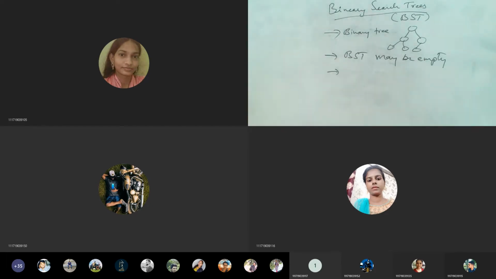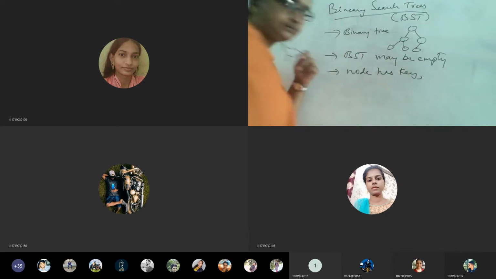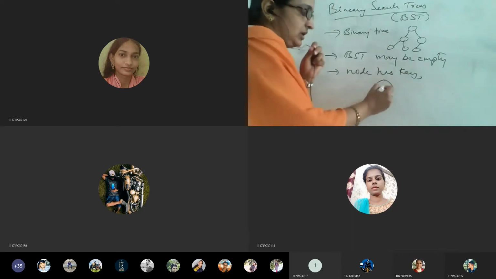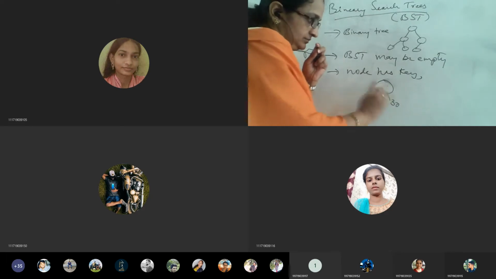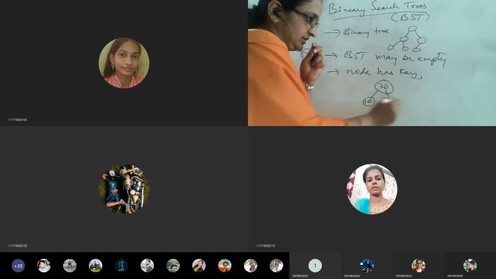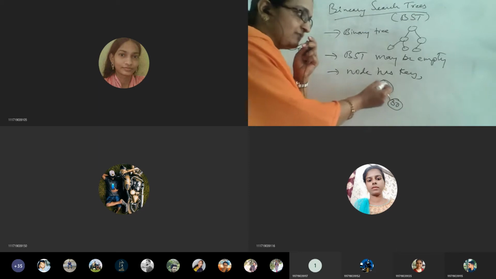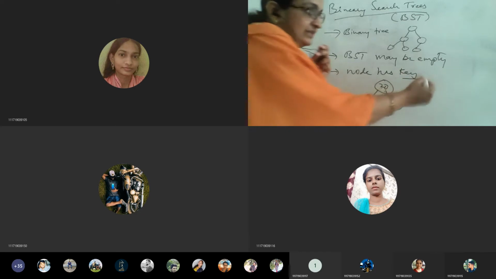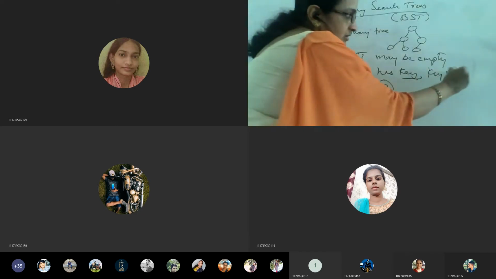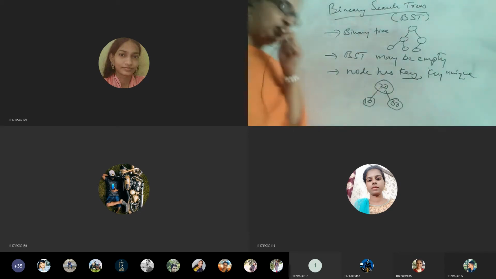Okay, so the next one: every element or every node has a key. That means whenever we are talking about nodes, say some 10, 20, say some 10 and 30, some tree structure, every node here is going to have some value which is called a key. A node is going to have a key and this key should be unique. What do you mean by unique?